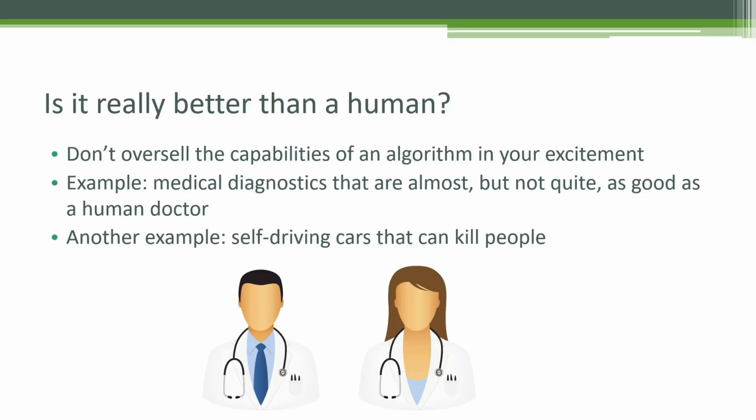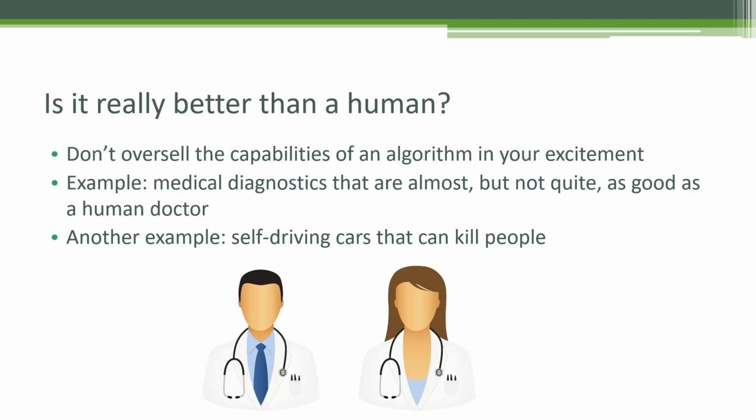For example, you can build deep learning systems that perform medical diagnoses, and you might have a very eager sales rep who wants to sell that as being better than a human doctor. Is it really? What happens when your system goes wrong? Do people die? That would be bad. It would be better to be insistent with your superiors that this system is only marketed as a supplementary tool to aid doctors in making a decision